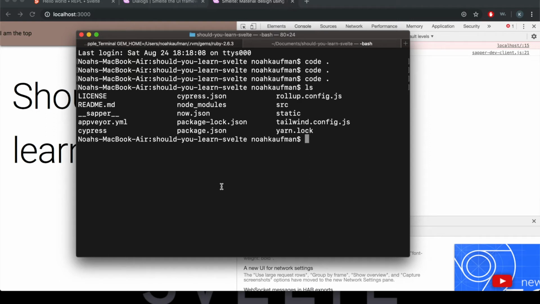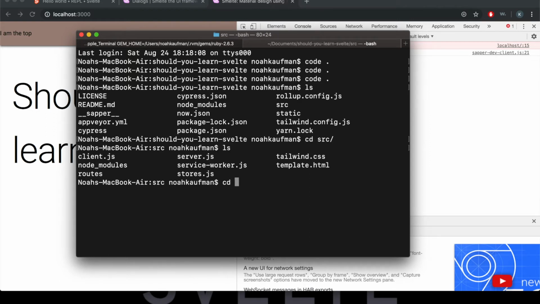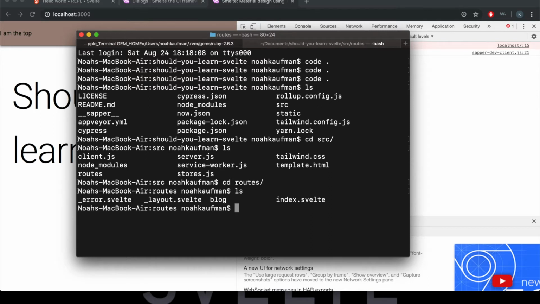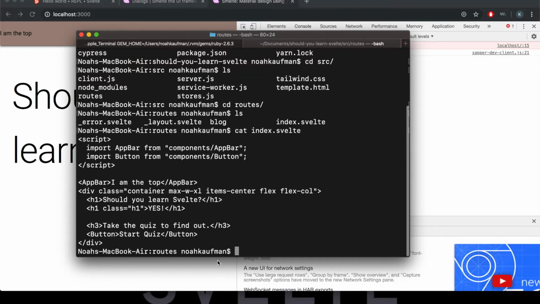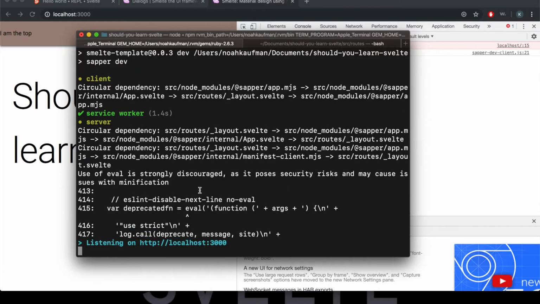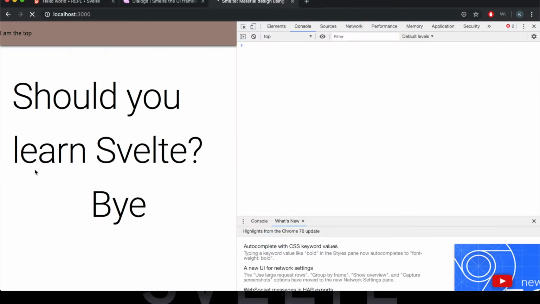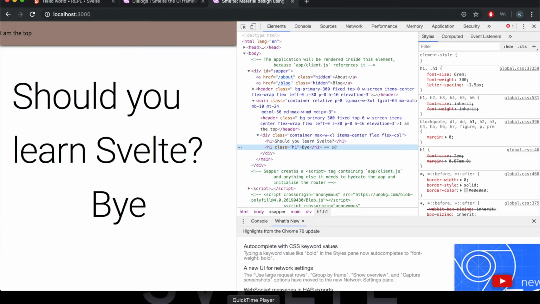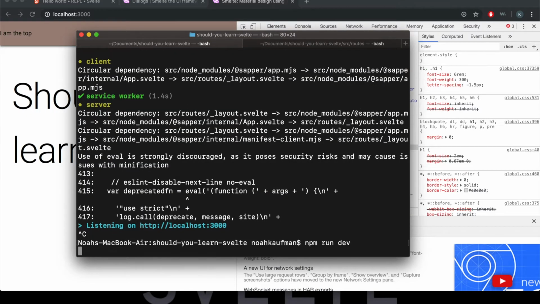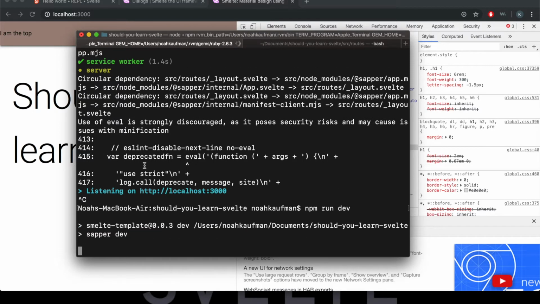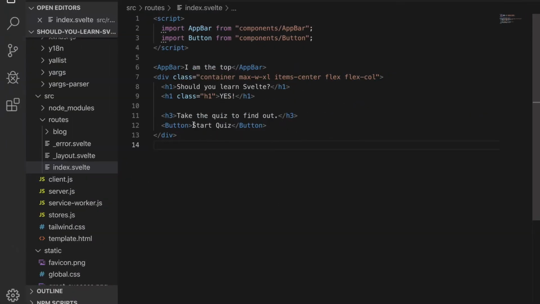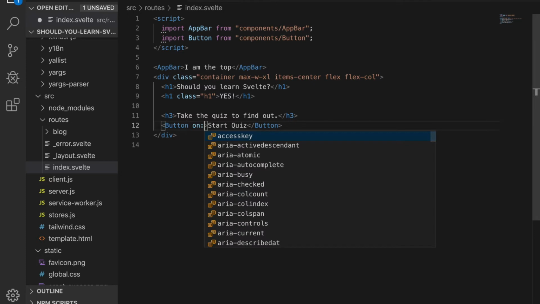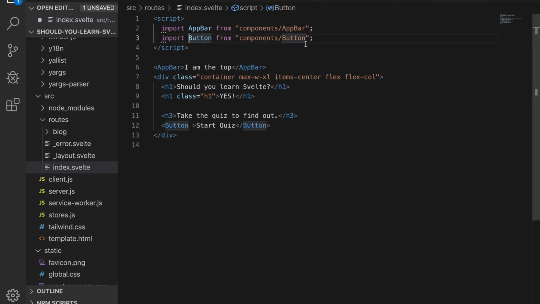So if I look from my terminal in source, in routes, okay, cat index, yeah, so it's all there, so that's fine. It just hasn't updated yet. Okay, it's not in there. Okay, so I'm just gonna restart the server, get it all fresh, make it, yeah. Okay, so there'll be a button, start quiz, and then here I'll have